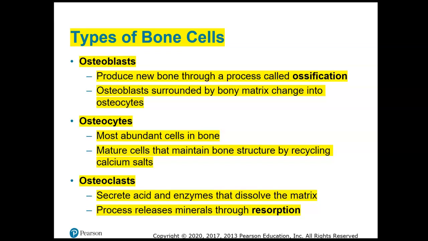But it actually is constantly being remodeled, kind of like we lose our top layer of skin and replace our skin every 3 weeks or so. Bone remodels also. Bone tissue is always constantly being broken down, and